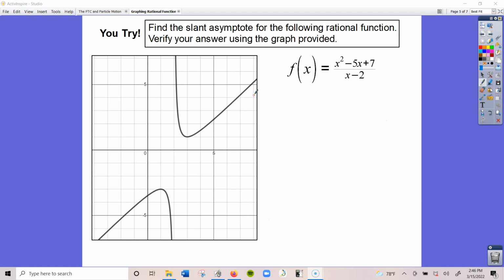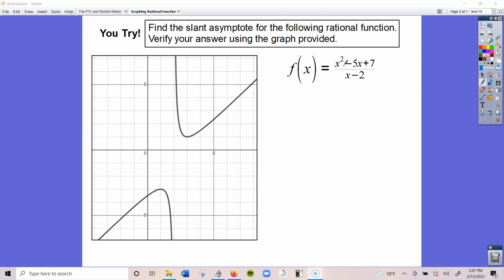Now in this question, we're not going to actually graph the rational function. We already have it graphed here. We're just going to see how we get all of the information from the equation so that we can verify that this is indeed the graph. So first off,